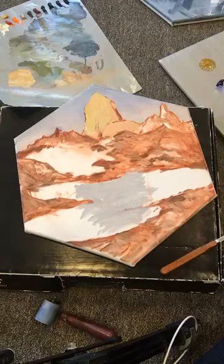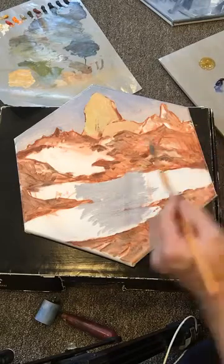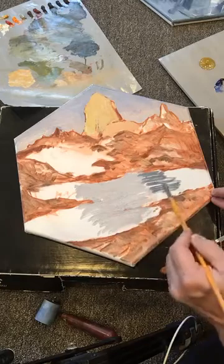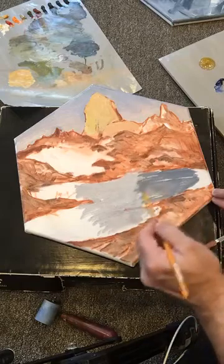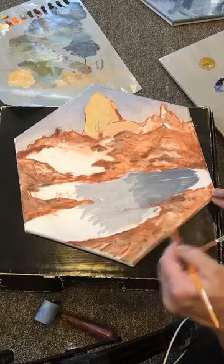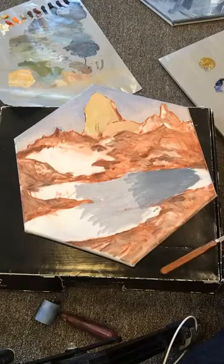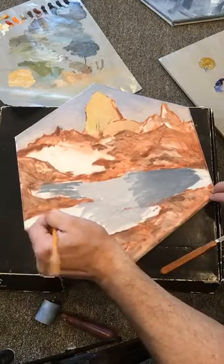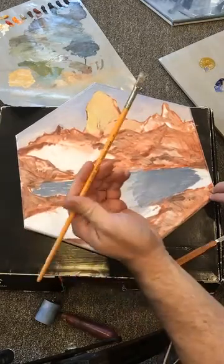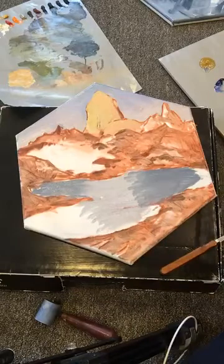Now these guys get quite a bit darker as they move out and over to the edges. So I'm going to grab some of these browns and some more blues, and these get quite a bit darker as it moves over towards the left and the right. Mostly what I'm doing with the brushes, I'm just kind of scrubbing some of the paint on there. I did not sand this canvas, so there's a good chance that I'm going to wear this brush down a little bit. But even though it's a nice brush, I've had it around for years and years, so I'm not too concerned about